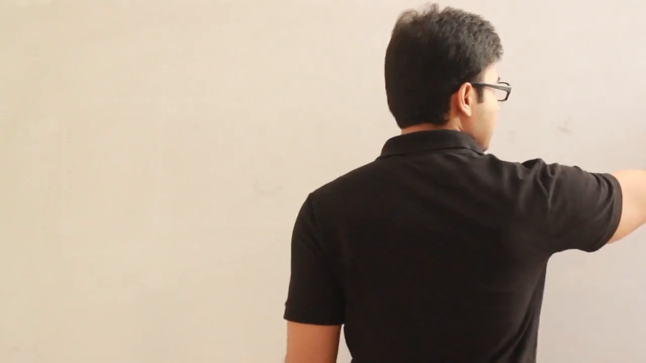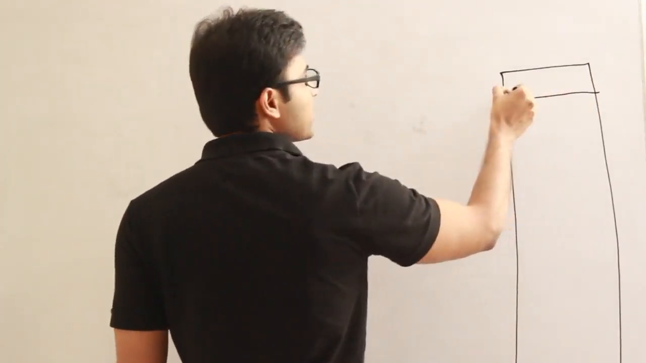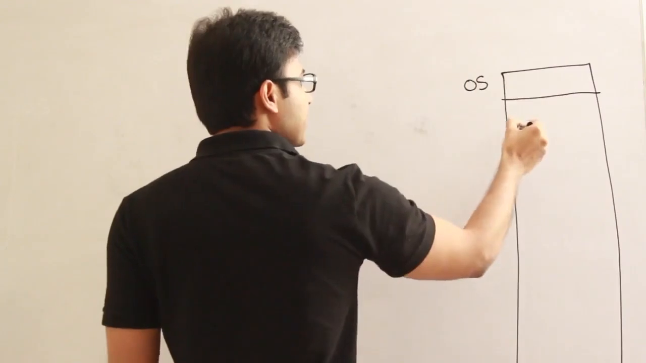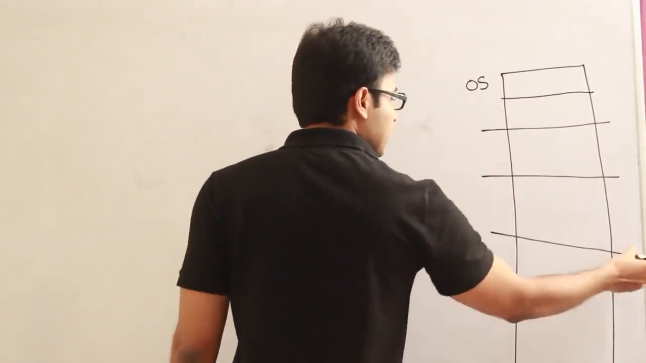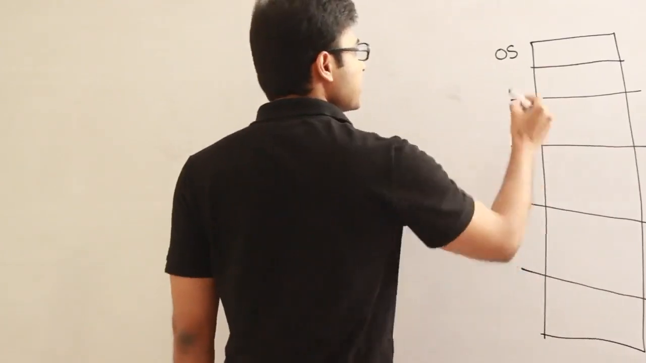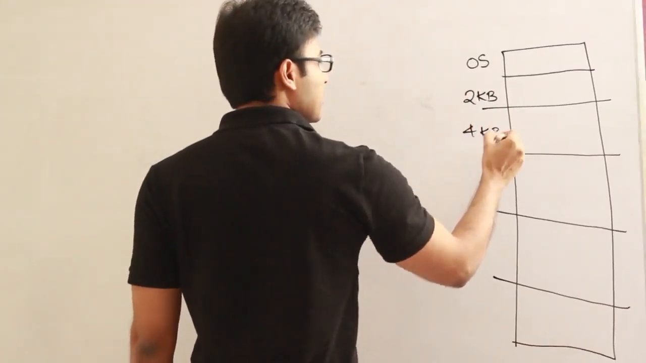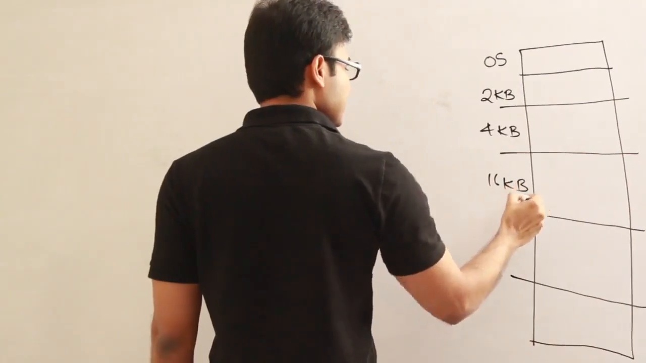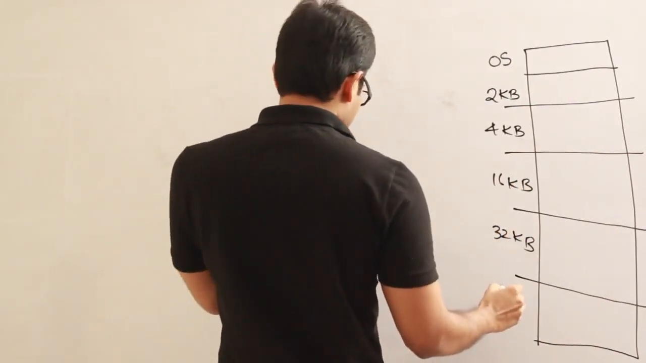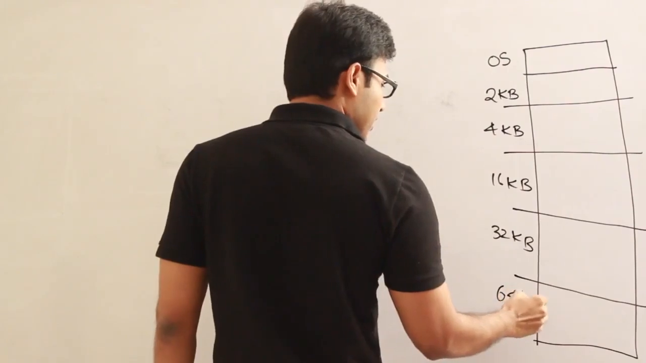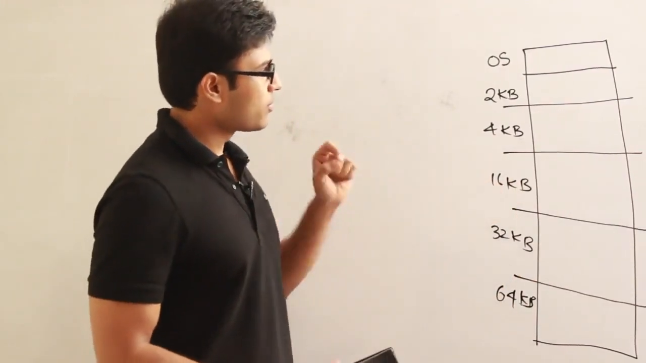In static partitioning, if this is the memory and some part of it is already dedicated to the OS, then we partition the remaining space like this, maybe 2 kb, 4 kb, 16 kb, 32 kb, something like this. Now any process which wants to come into main memory, we put it in one of the partitions. But the problem there was,